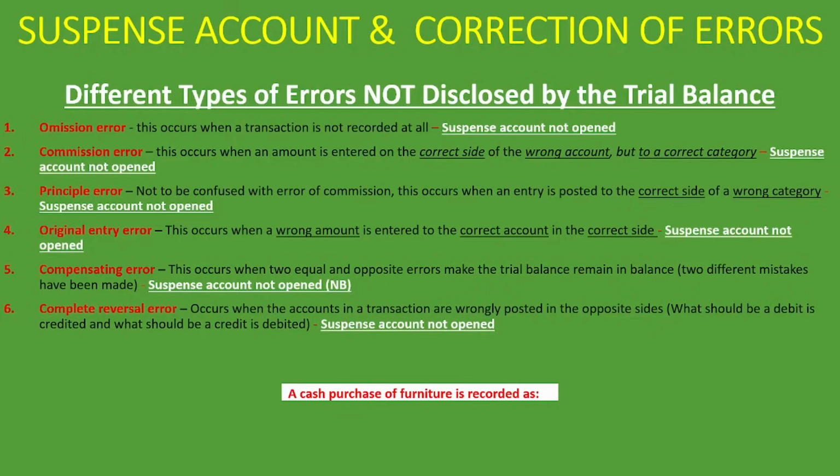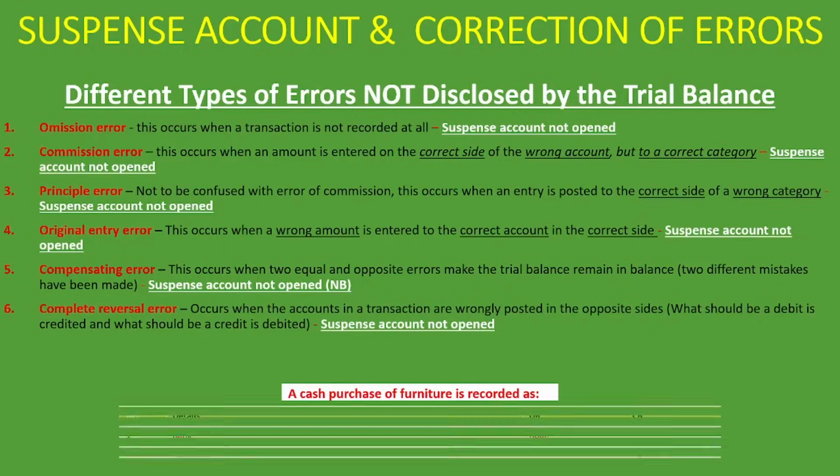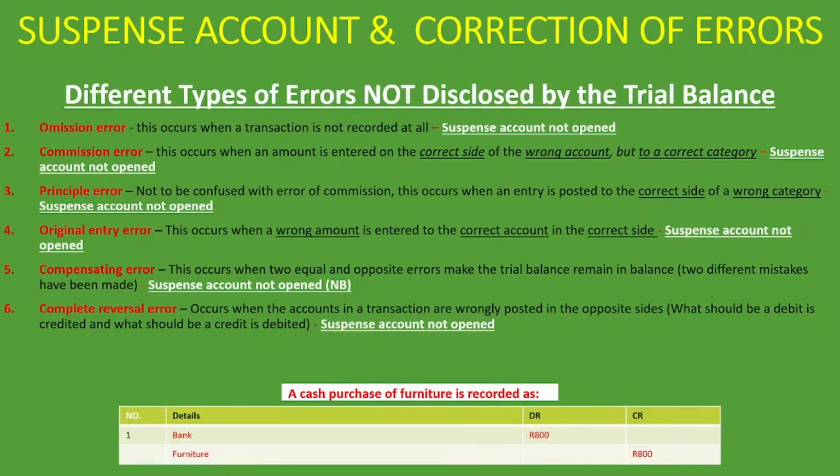What would you debit and what would you credit? Well, if it was bought on cash, you know that the two accounts there are furniture and bank. So you will debit furniture because furniture is coming in and credit bank because bank is money leaving your account. So if it's recorded as debit to the bank account and credit to the furniture account, then you know it's